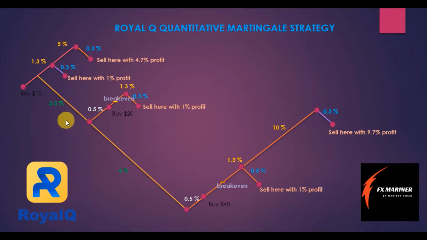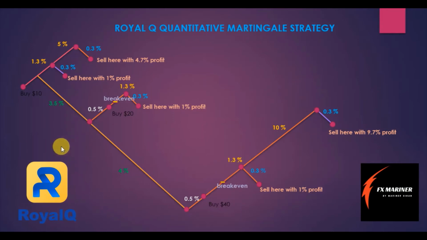So for example, if the market goes further down, this percentage here is 3.5 and another 4. So from the beginning it is 7.5. You can change this one as you like. I have chosen 2 points to buy here and here, 2%, but you can buy as much as you can, as long as you have money to buy, right?